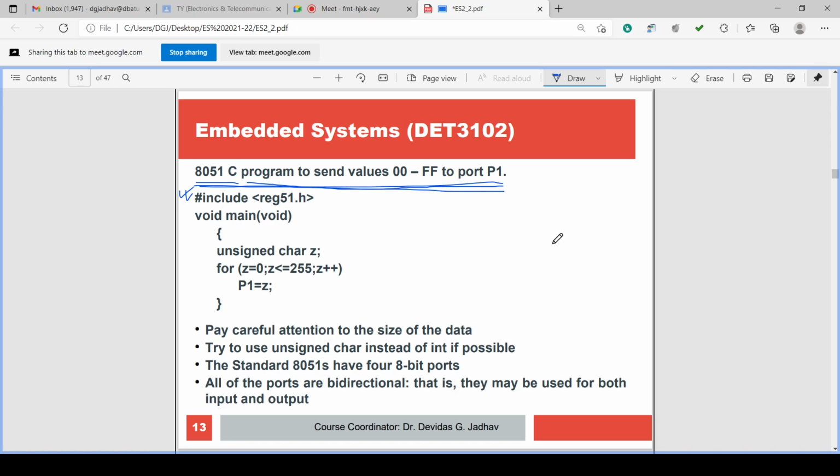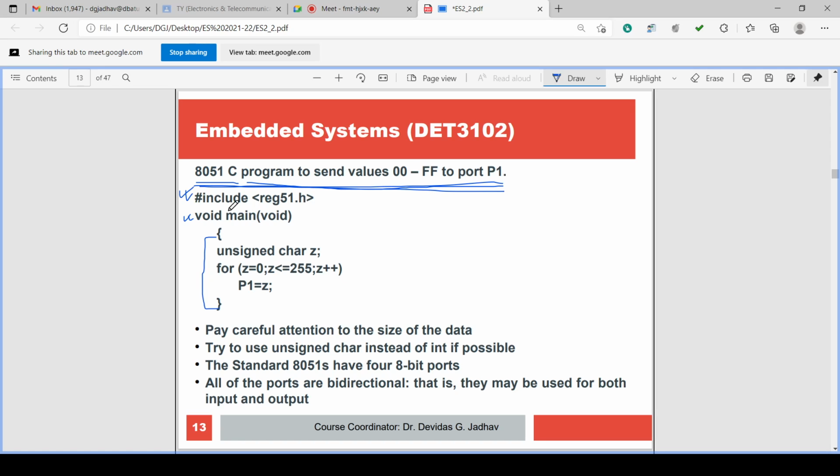So in an 8051C program, void main is there, with curly braces. In that there will be initialization and programming.